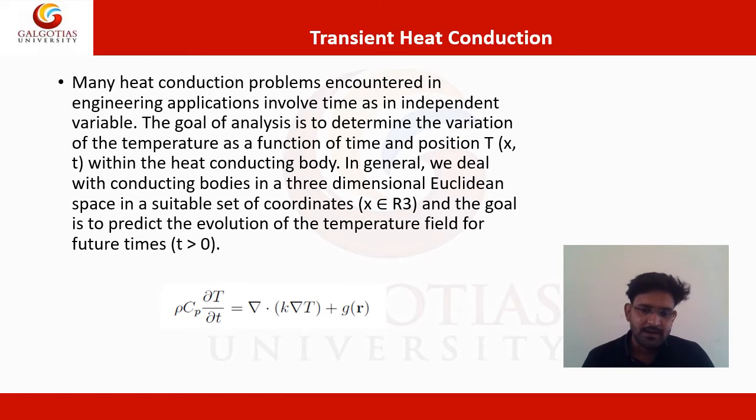Okay, and the divergence of that means del K, I can take it outside to K (del 2 T by del X2 plus del 2 T upon del Y2). In this way we can expand this formula, and in the steady state condition the LHS is also going to be 0. So you have the equation that del 2T upon del X2 plus del 2T upon del Y2 plus del 2T upon del Z2 equal to 0.